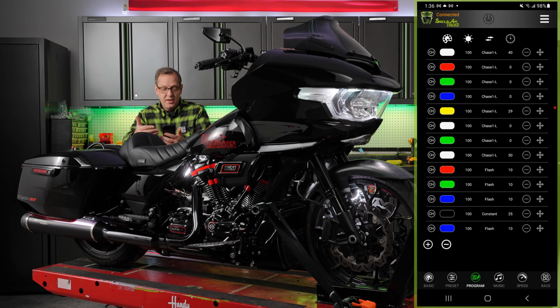that you can choose. So starting on the top left, it's the channel. That picks the channels that you're going to affect. The color, of course, the brightness, what it's going to be doing. That's where it says, you can see it says chase, flash, constant, whatnot. The time that it's on, so how long that's going to be on, and then you can plus or minus